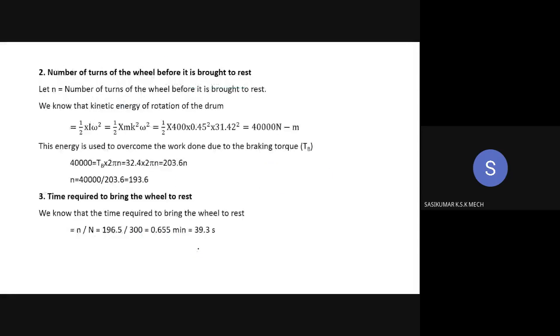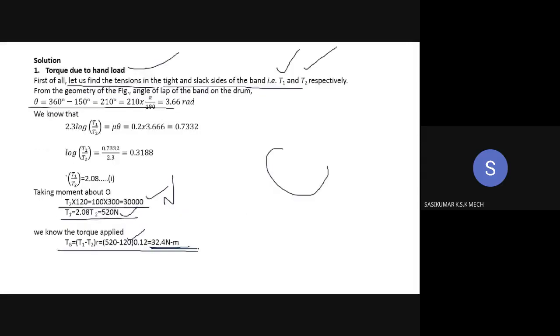And this is what you need to find. So in the first subdivision, what is the braking torque required? The braking torque that will be applied while you apply a load of 100 Newton. If you want to find the braking torque for another force, you may just change the 100. So if some strong person is applying the force, he may apply say 200 Newton. Some weaker persons may apply say 50 Newton. So depending upon the application of force, the braking torque will vary.